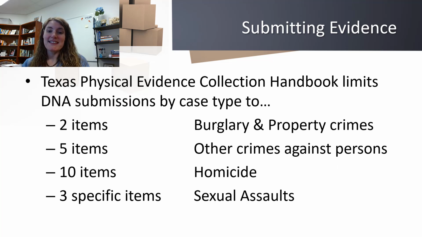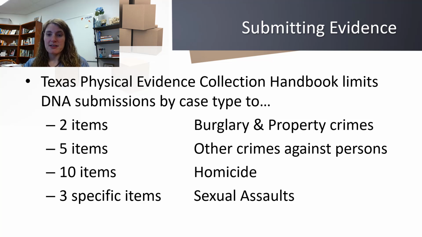Now, to give you an idea of the limitations, here are some of the limitations that are specific to the Texas Physical Evidence Collection Handbook. This handbook breaks down each type of analysis and provides specific evidence restrictions. For example, here are some of the limitations for DNA evidence. For burglary and property crimes, you're limited to 2 items only for DNA testing. Other crimes against persons that are not burglary or property crimes are allowed up to 5 items, and homicides are